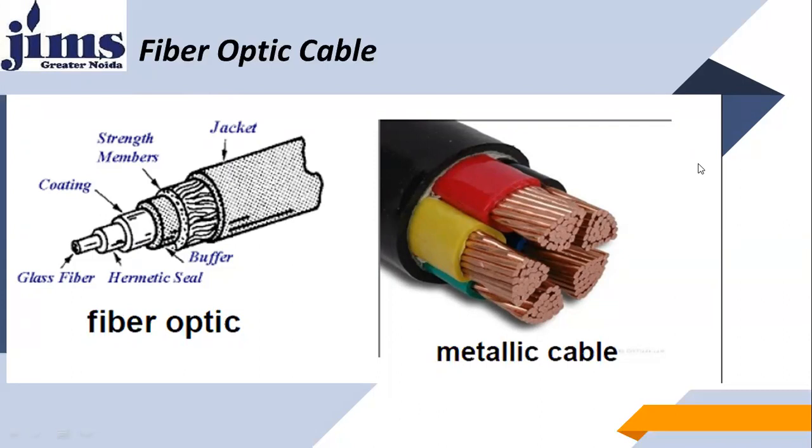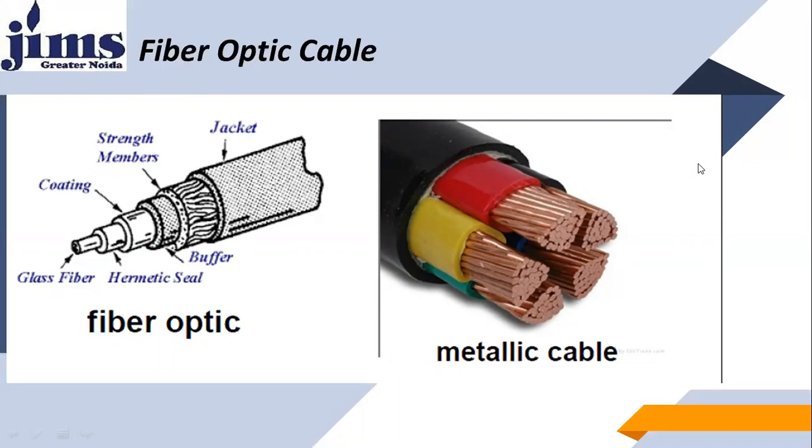After that, there is a coating, which again gives protection to the glass fiber. And after that, we have a buffer. The buffer is just to give mechanical strength to protect our fiber from breakage and any other external